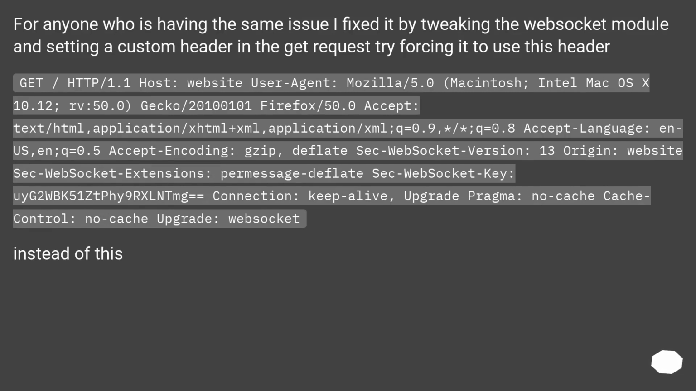For anyone who is having the same issue, I fixed it by tweaking the WebSocket module and setting a custom header in the GET request. Try forcing it to use this header. GET